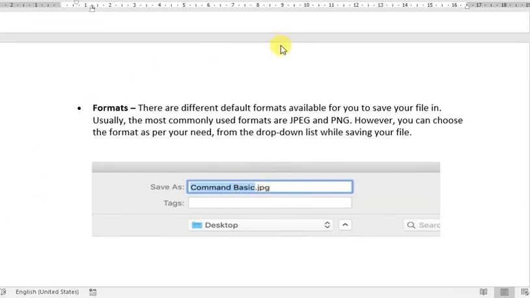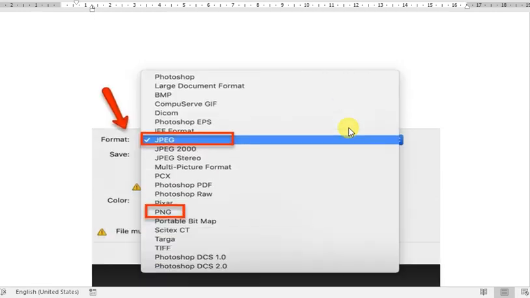You can choose different formats. The most commonly used image formats are JPEG and PNG, but the default format is JPEG. But you can set any of the formats like BMP, EPS, JPG, PNG, TIFF.